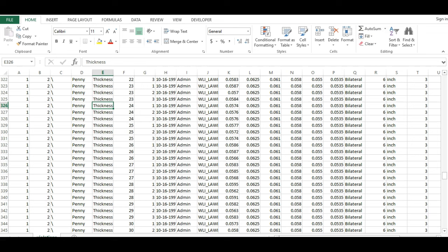So those are the two ways that you can export data from WinSPC to an external program like